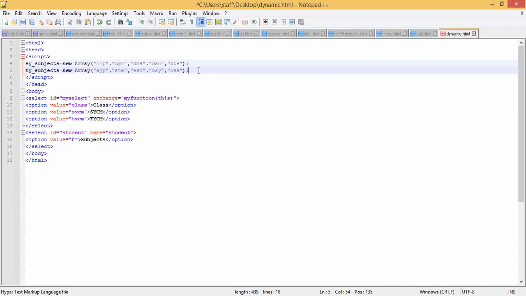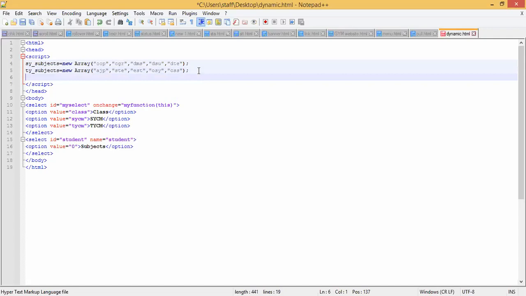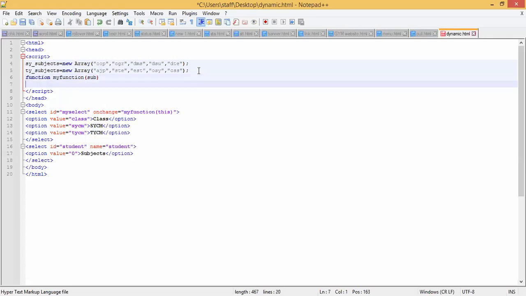Then I will be writing my function, which we will call when we select the menu. Okay, for the function name we have given my function, with the parameter subject, then opening and closing of curly bracket.